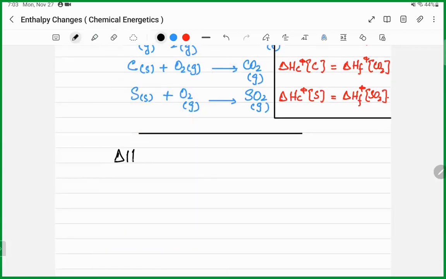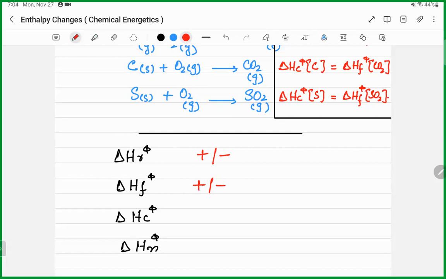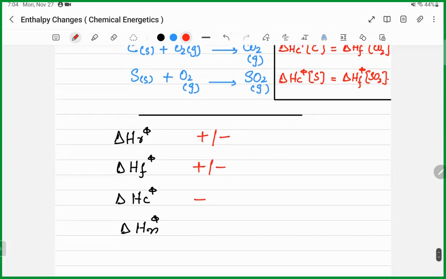एक बहुत लास्ट बात, डेल्टा एच आर, डेल्टा एच एफ, डेल्टा एच सी, डेल्टा एच एन, हमने यही इंथैल्पी चेंजेस पढ़े ना बेटा। सो डेल्टा एच आर कुड बी एंडोथर्मिक एंड एक्सोथर्मिक बोथ। ये तो जनरल रिएक्शन है ना, इस दुनिया का कोई भी रिएक्शन है या तो वो एंडोथर्मिक होगा और आइदर इट इज एक्सोथर्मिक। फॉर्मेशन अगेन कुड बी एंडोथर्मिक और एक्सोथर्मिक,